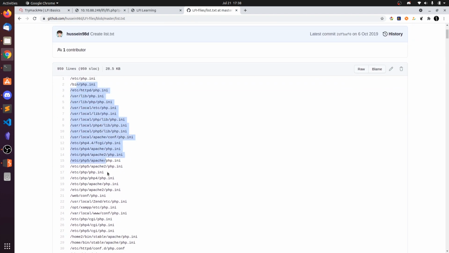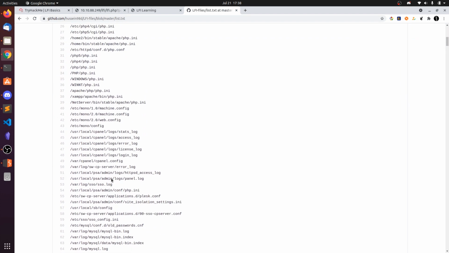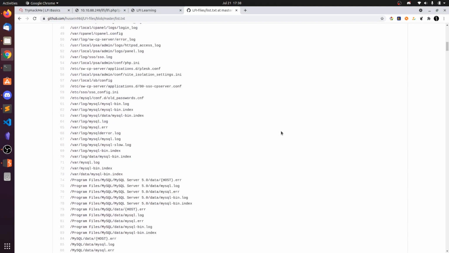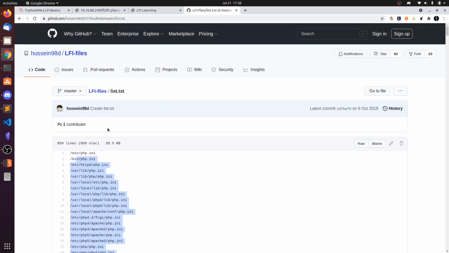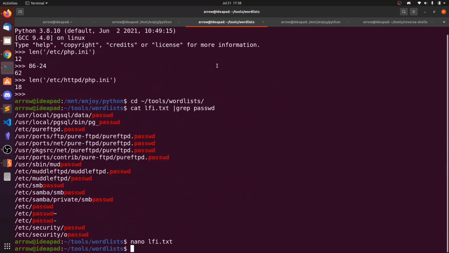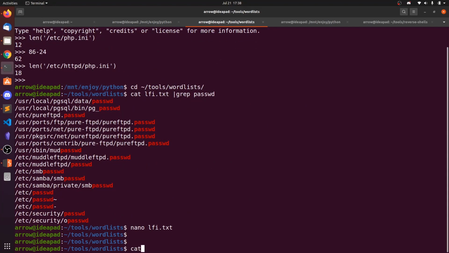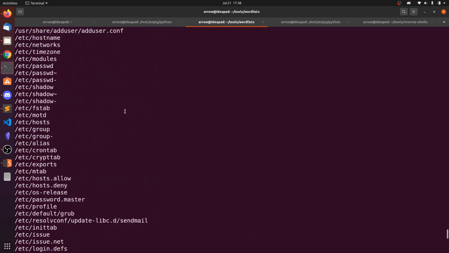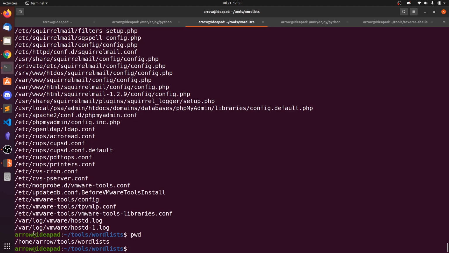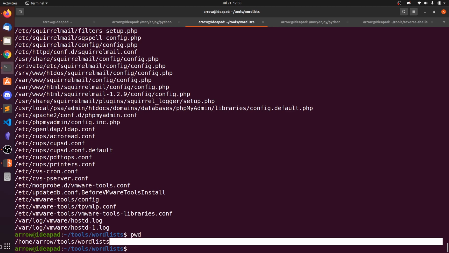These are all the configuration files and other juicy information you can find. So save it to the Linux box. Mine is in lfi.txt. I have renamed it to lfi.txt, and it's in home, tools, wordlist. So copy this.